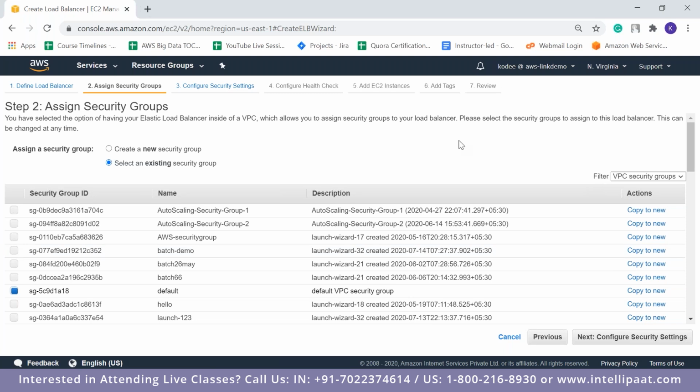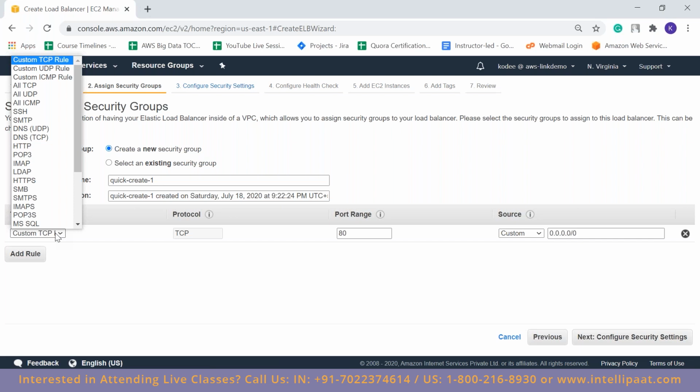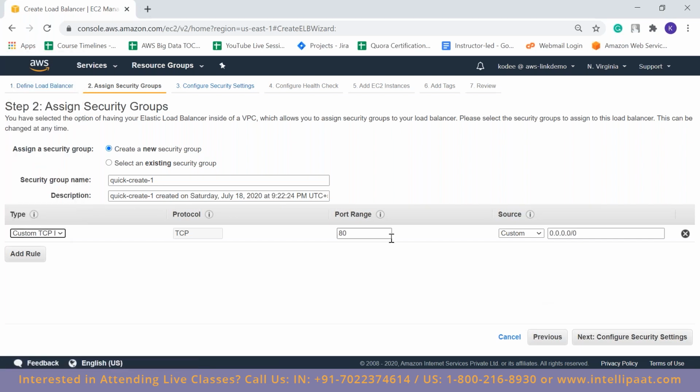Here if you want to restrict access, then you can create your own security group. For example, somebody asked if we can access through a single IP address. What you can do is give a custom TCP rule and port number 80, and provide your own IP address over here. Whenever you access this load balancer from that IP address, only then will it open, not for the internet.